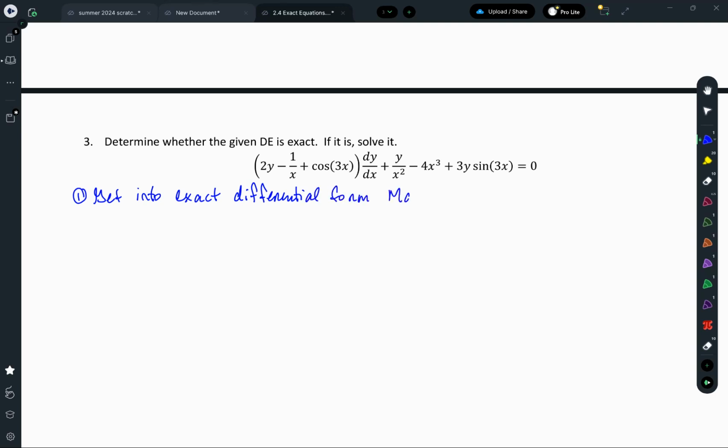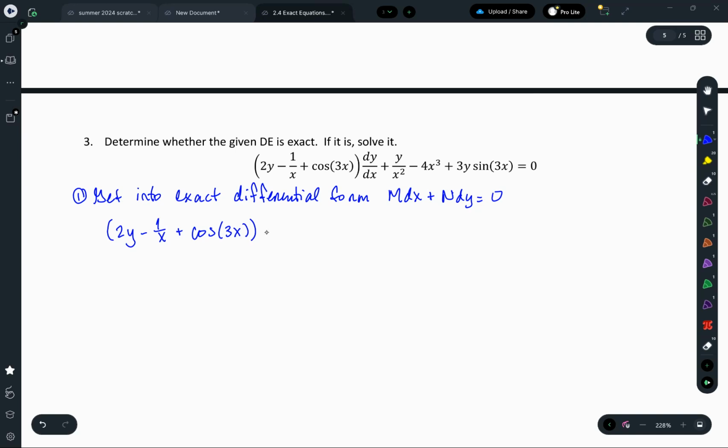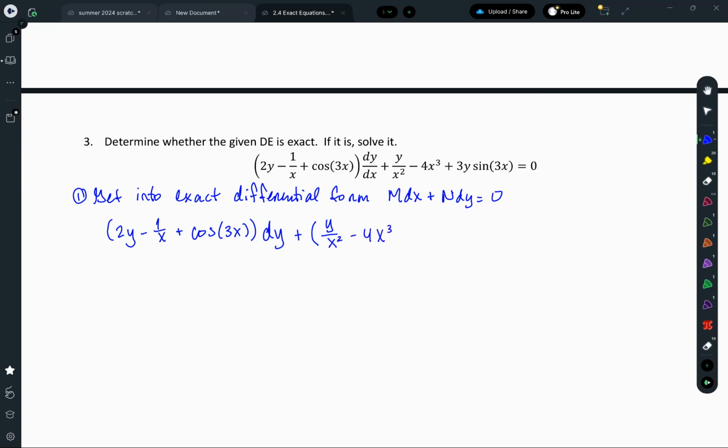And that's the M dx plus N dy is equal to 0. So to start with, I have in parentheses 2y minus 1 over x plus cosine of 3x dy plus, and then I'm going to multiply the next three terms by the dx. So I'll have in parentheses y over x squared minus 4x cubed plus 3y sine of 3x all times dx